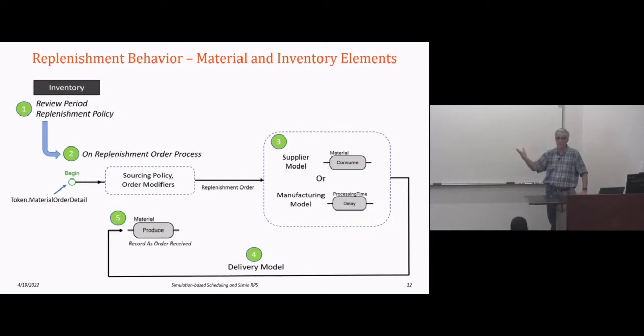We could have said, when component A gets down to 100, order 500. And here's how you do that, right? You order it from a supplier and you go through a delay for lead time and that kind of stuff. And we could implement this structure. We didn't do it in our model, though.